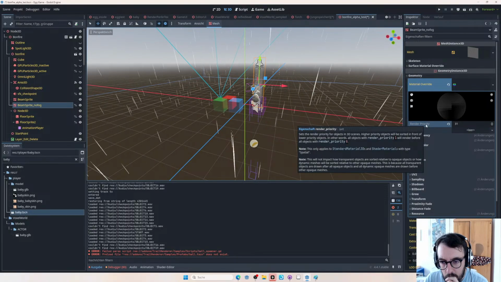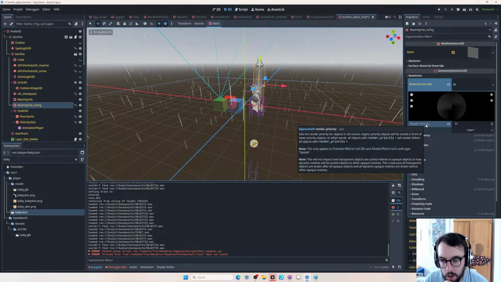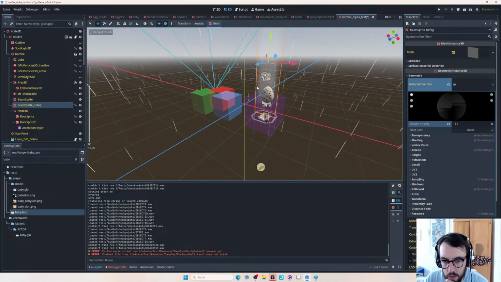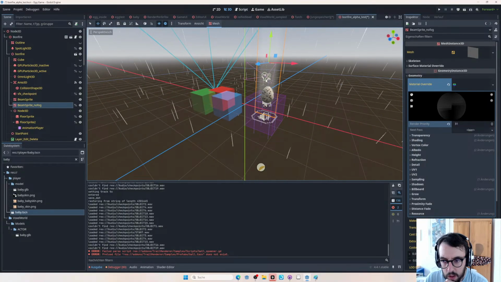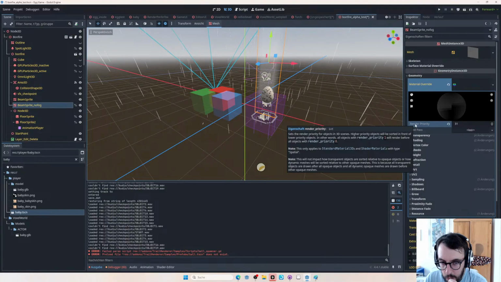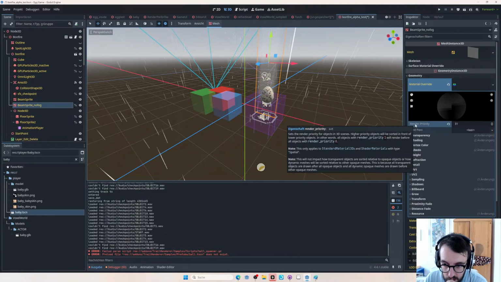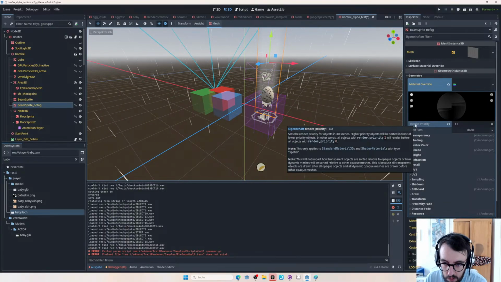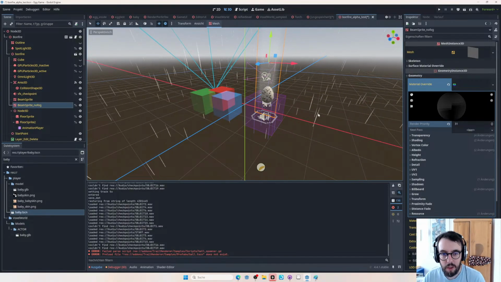Higher priorities will be sorted in front of lower priority. Higher priority objects will render first. This will render first. That's not true. This description is wrong, for transparent at least, right? Higher priority order objects will be sorted in front. This will not impact how transparent objects are sorted relative to opaque objects. This description is really confusing me. Anyway,